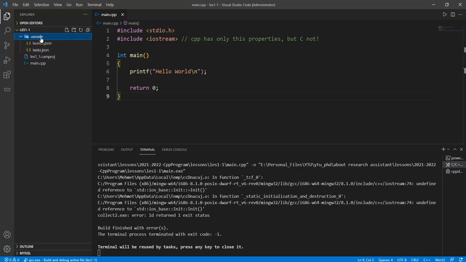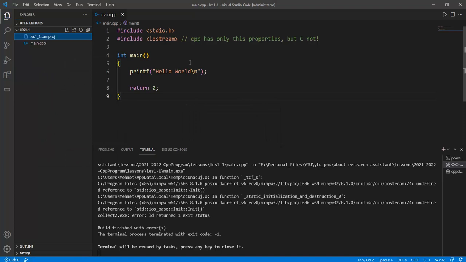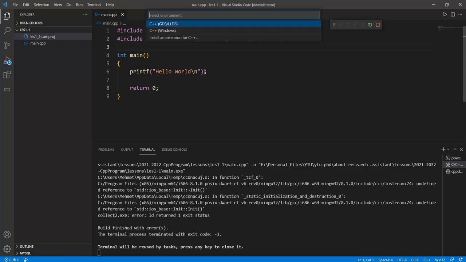Because this VS Code is directly related to the completion of the C programming language. But if we need to use C++, we should delete it here like this one. And so if I press the Ctrl F5 button here, and then what? C++ GDB. In Visual Studio Code there are two options here,